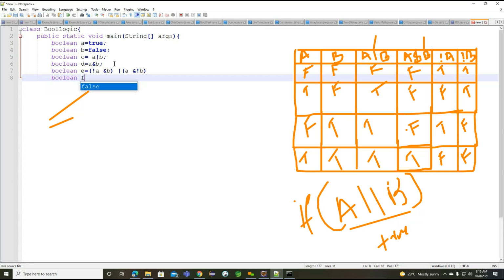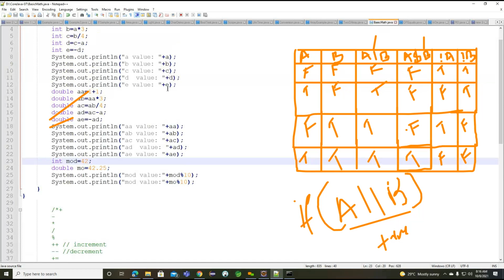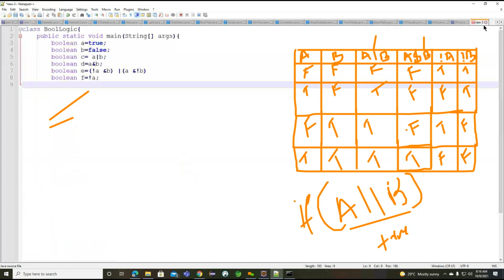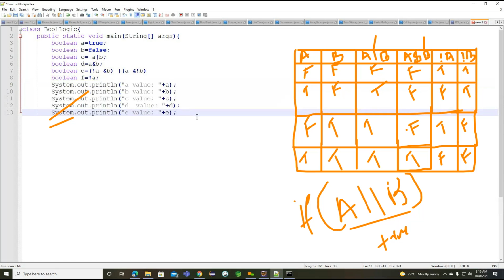And we can make Boolean F. F is equal to not A here. And here we define the println statements. I just want to copy all the println statements here.